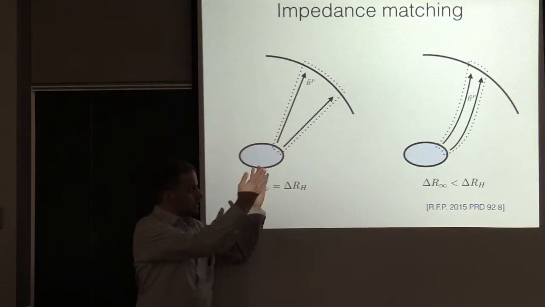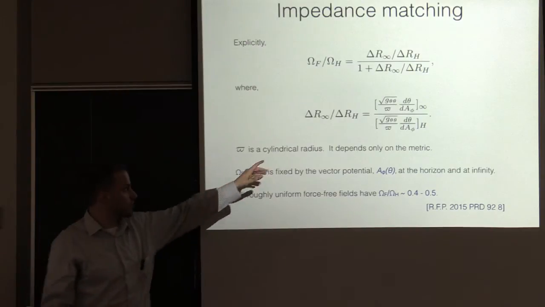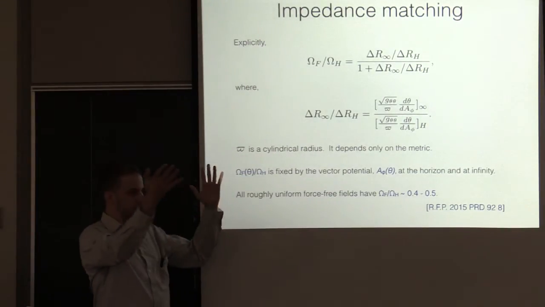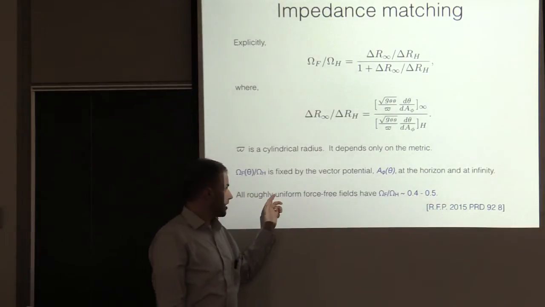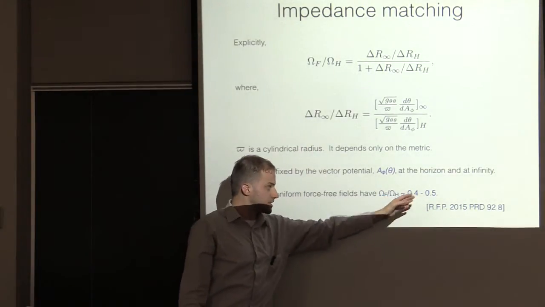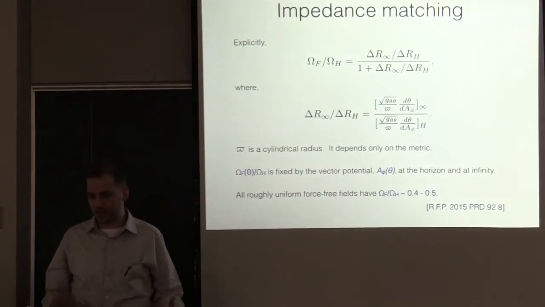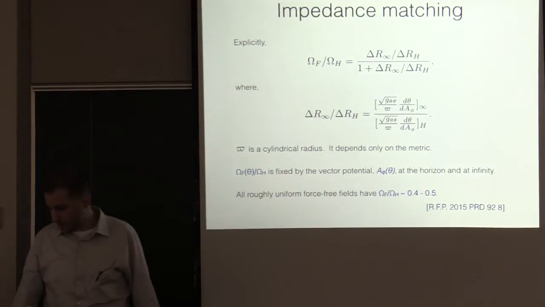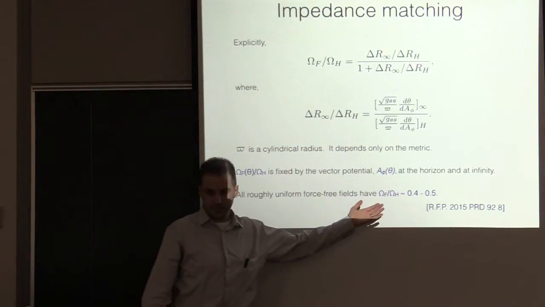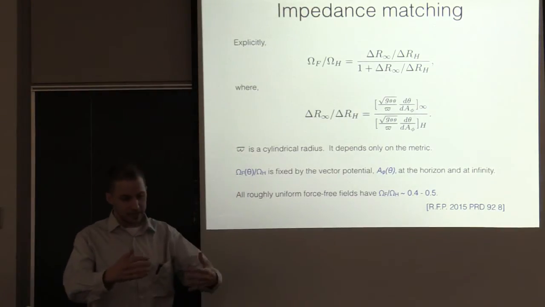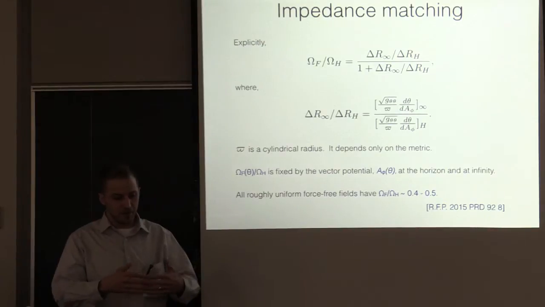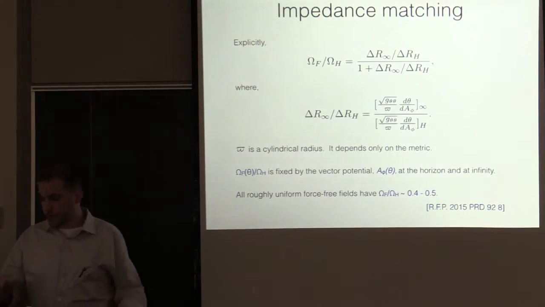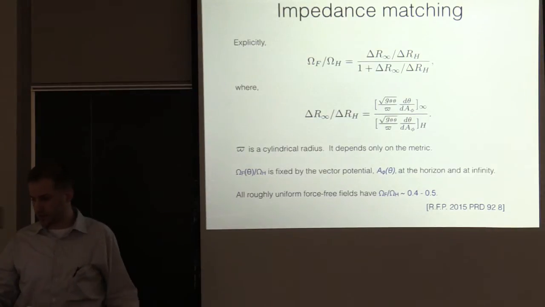But the dependence on the field geometry is given by this formula. It's a pretty weak dependence. So as long as you don't do anything too absurd with your field lines, omega F over omega H always lands around a half. Yeah, so that's the explanation of why it always lands around a half. And the point is that I don't know another way to see this so clearly, except reformulating it in this membrane paradigm, vaguely holographic way of looking at the problem. And then you can test that this is what's really happening with the simulations.